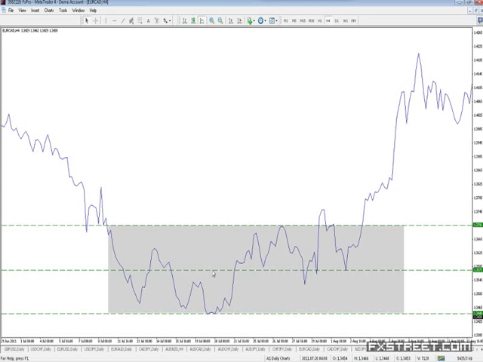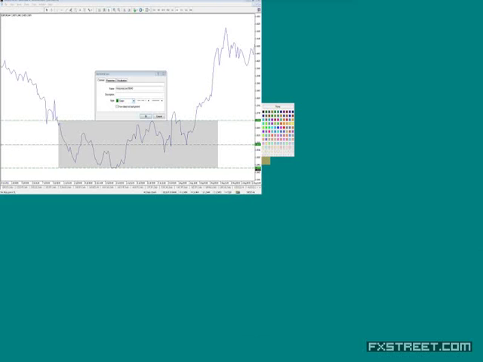Now what you will often notice is that the middle of these boxes, when you draw them, they often have